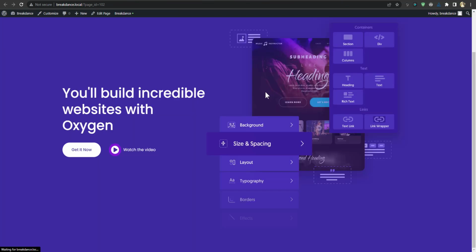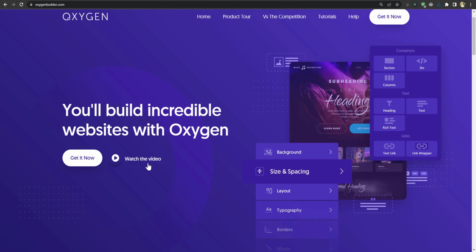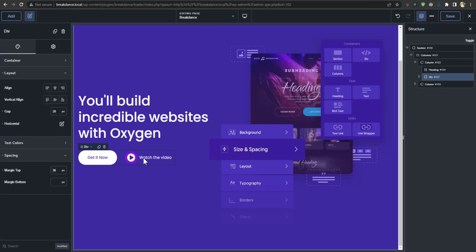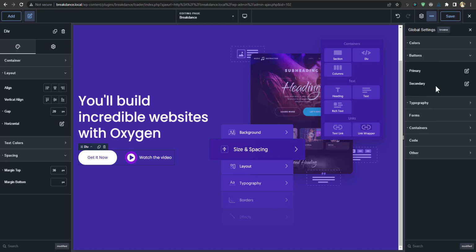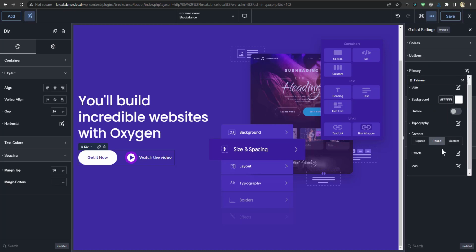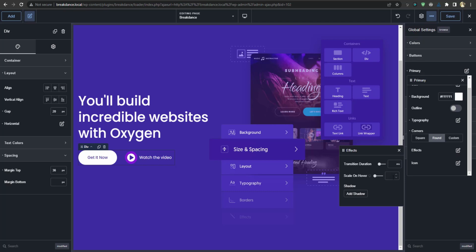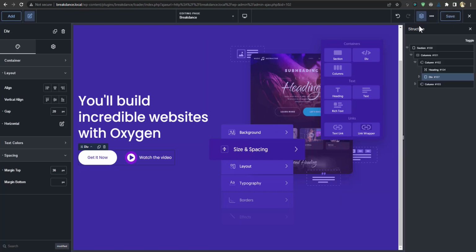All right. But then the hover effect, where you have this on both the button. So I'm going to go to button, global styles, buttons, primary. I think under effect, you're going to have the scale on hover. Now you put 1, that is 100, the default. Then 0.1 is like 10% scale. So that's fine. But for this, let's save that and go back. For this, for the link wrapper,